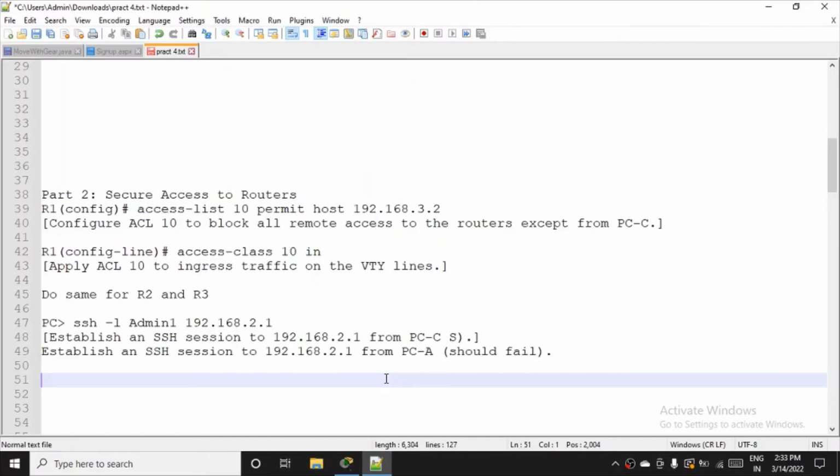Okay, now let's come to part 2, that is secure access to routers. We have to do this configuration on all the 3 routers. What we are going to do here,